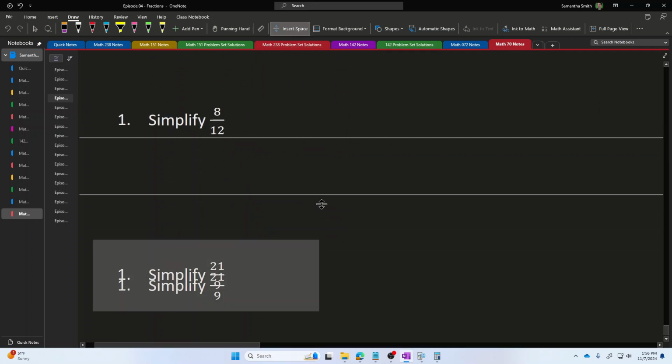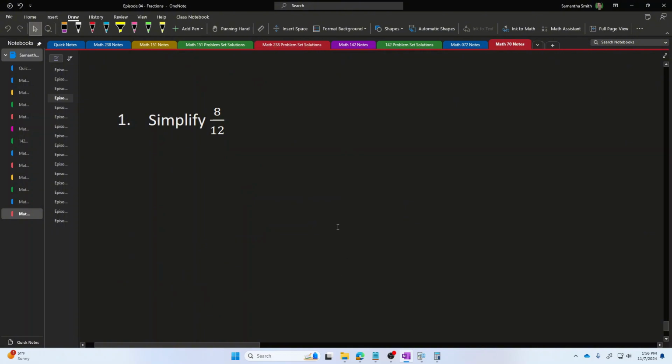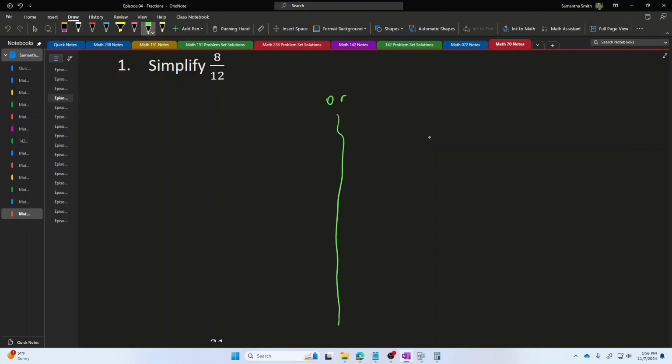Okay. Now, someone says to me, simplify 8 over 12. So I am asking, is there a number that evenly divides 8 and 12? Now, depending on what you notice first, this problem can evolve one of two ways. Some of you may first notice that 8 and 12 are both even numbers, so they can be evenly divided by 2, for example.